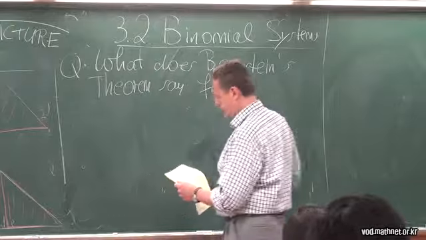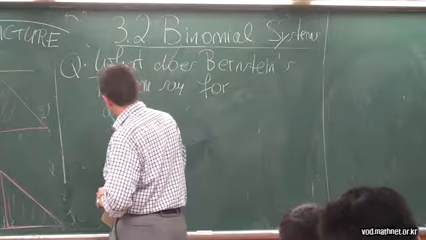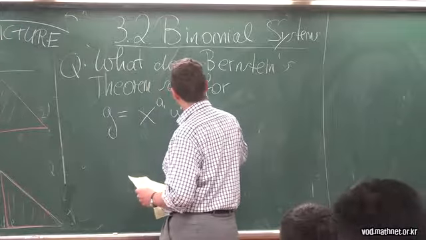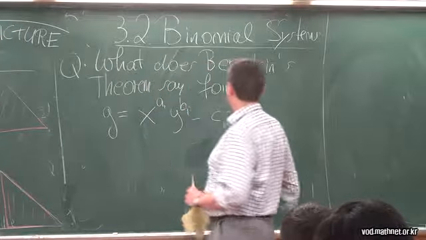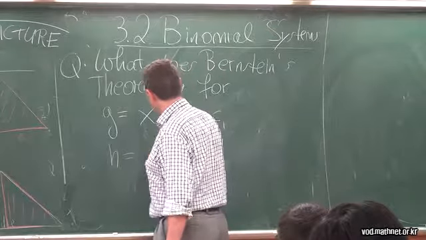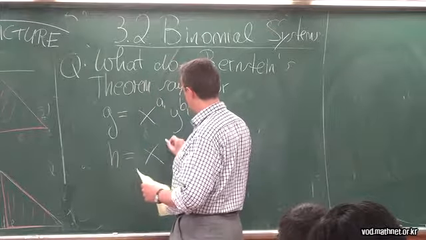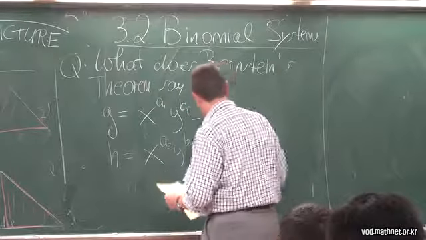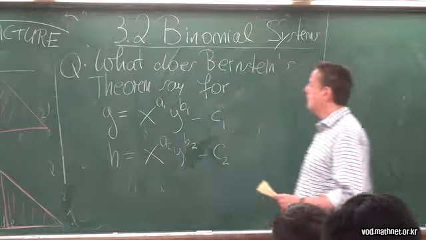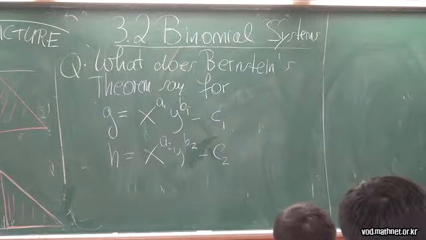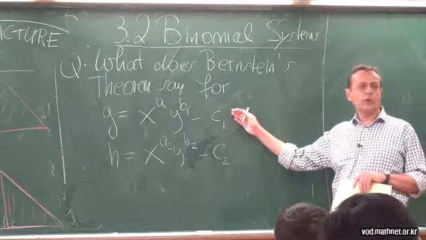For two binomials, let's say my first equation is x to the a1, y to the b1, minus c1. These are constants. And my second equation is x to the a2, y to the b2, minus c2. Now I can, without loss of generality, assume that there's a constant term, because if there's a monomial factor, I